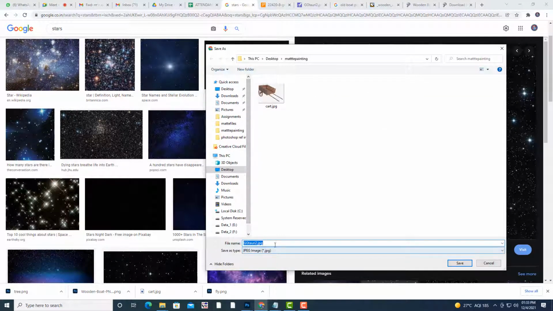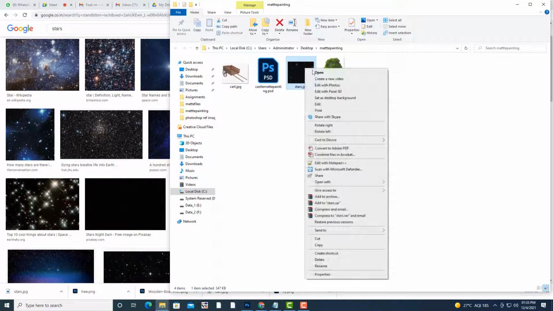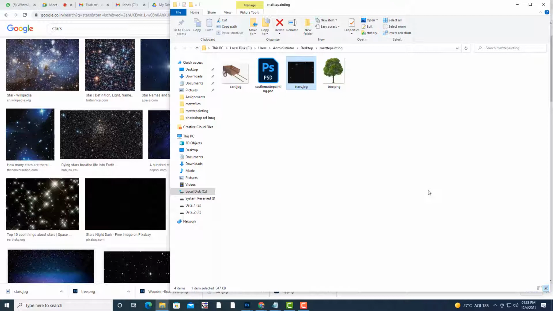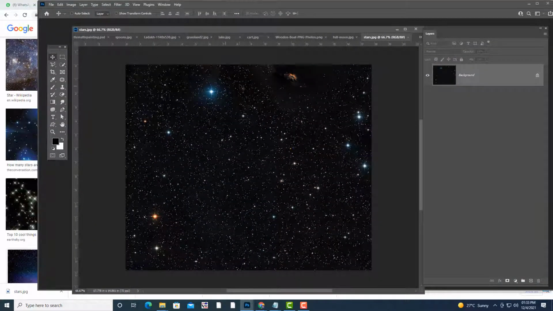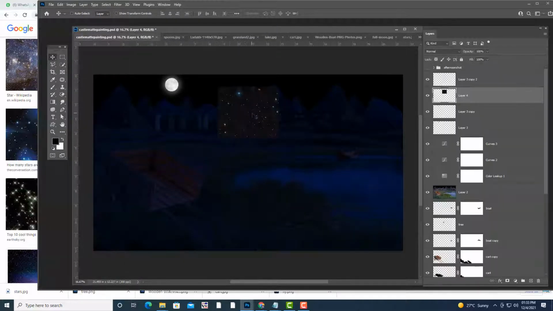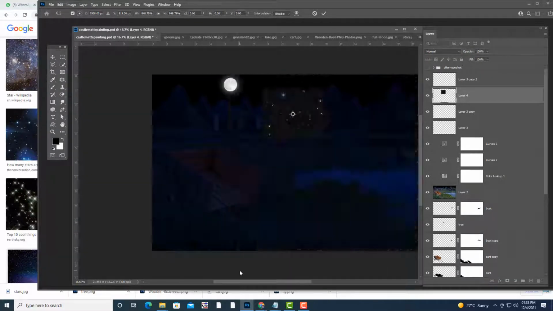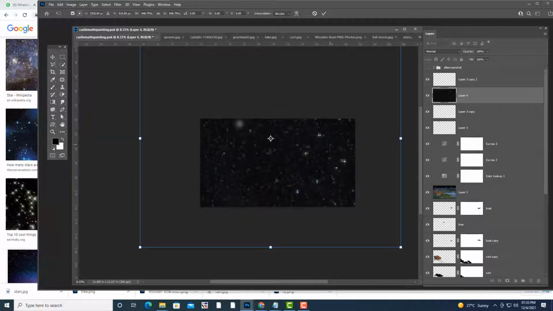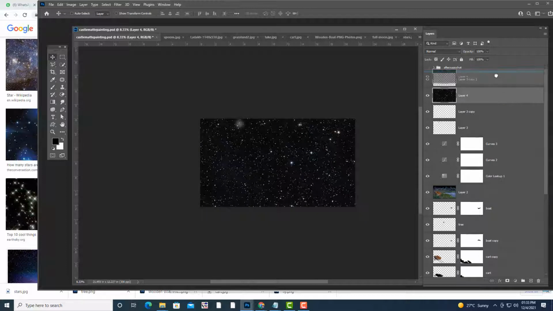We'll keep it in our folder only. Okay, so stars. Okay, so just right click, open with Photoshop. Okay, then we will just drag it and keep it here, keep it over here.